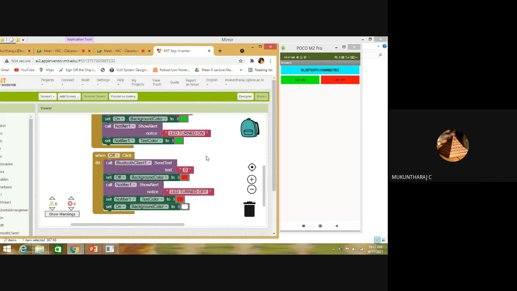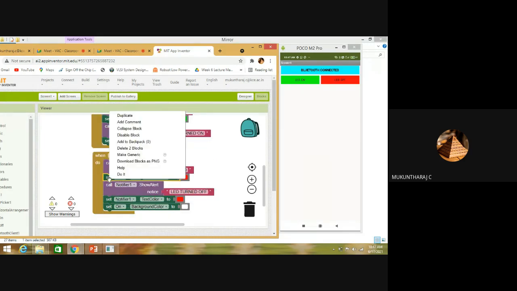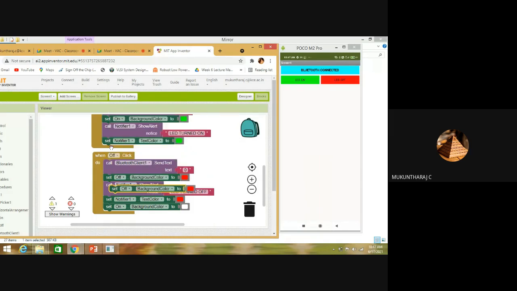When off is being pressed, I can change the status of the on. If the device is on, it should already be in the green color, right? That's not a problem for us. So when I press on, it again changes the color. Now you know the status of the particular device, it is in off state. If I press on, the device is going to turn on, but my LED off button is still showing the red color. So I can change this background color in my button 1 press.